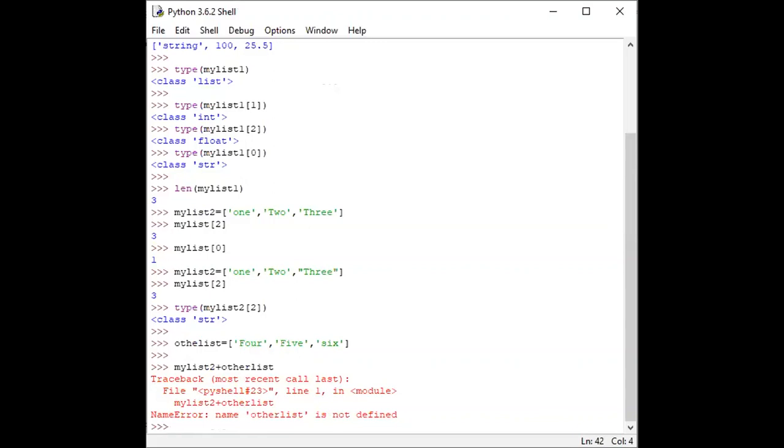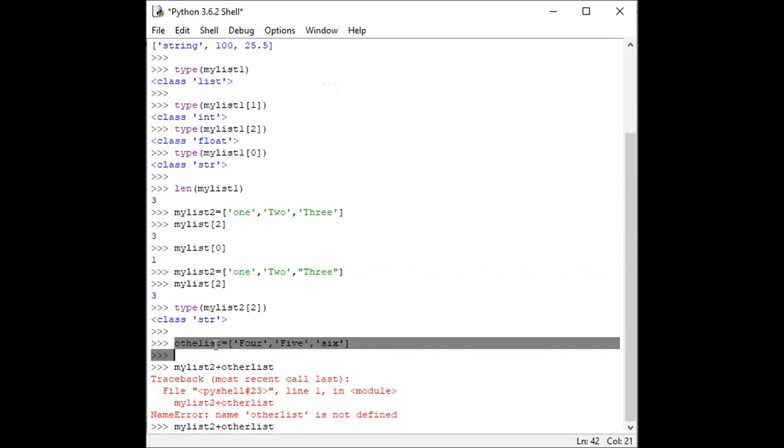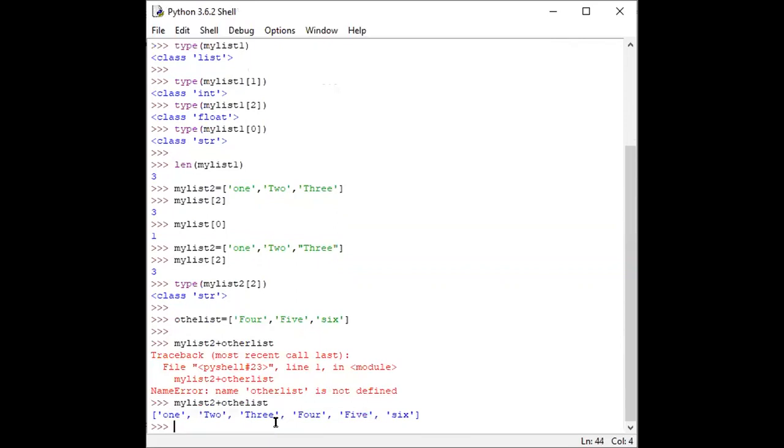The spelling of other_list is not right here, I forgot to write R. If we add two lists, let me first correct the name, because we call this again and again and we may face the same error.